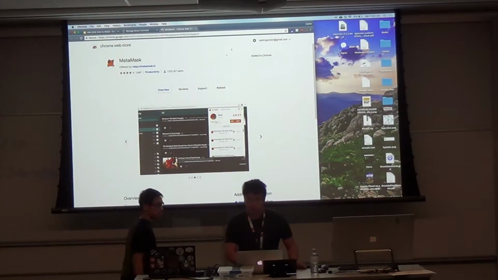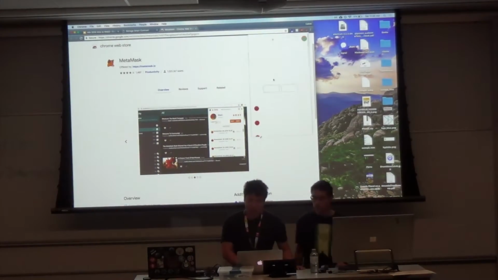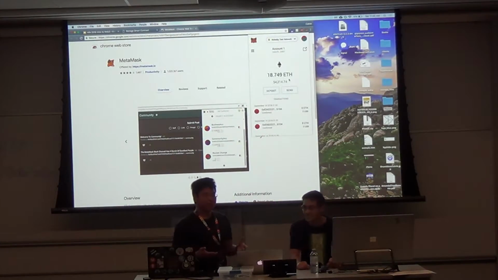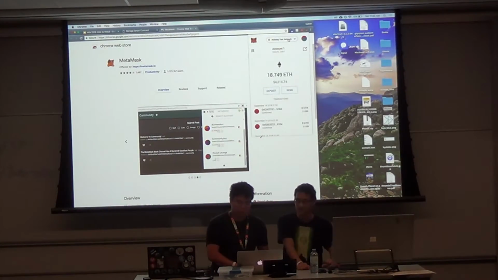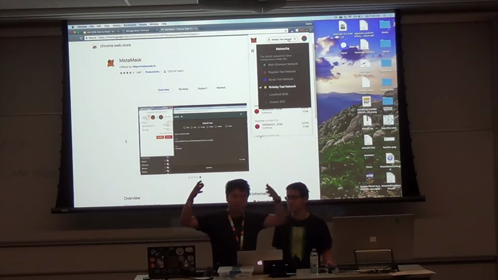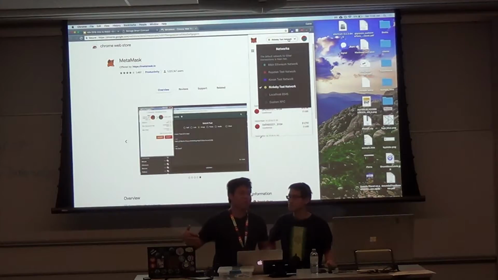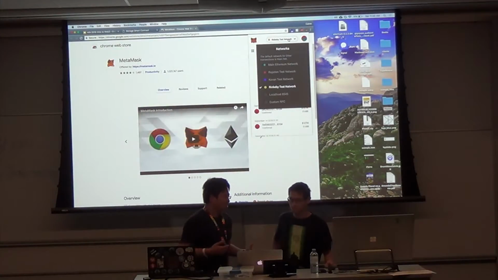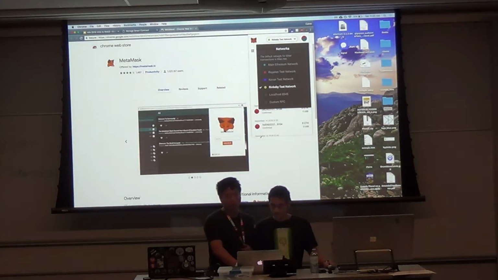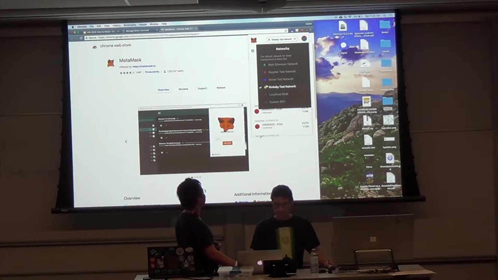So once you're done, you should have something that looks like this, except maybe without the money in it. This is not real money. You'll notice we're on the test network. This is a network where you can get fake money from a fake bank and make fake purchases. Just like in real life. It's called Rinkeby. There's multiple different test networks in common use. This is the one that was there.